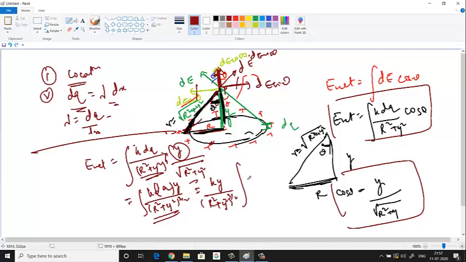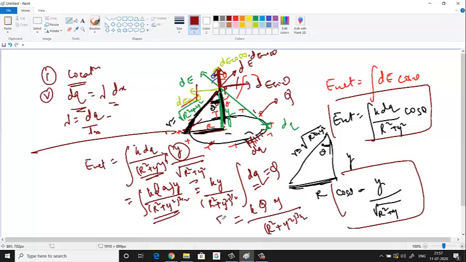Inside the integration, what do you have? Only dq. So what is dq? dq is some charge here on the ring. If you add dq for the entire ring, what will you get? Total charge. Say for this entire ring, the total charge is capital Q. That's it. So k, this is y. Integration of dq is Q. So k, Q, this y as it is I'm writing, whole divided by r square plus y square whole power 3 by 2. This is the electric field for a ring.